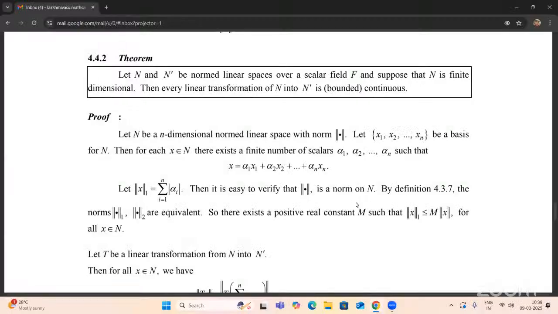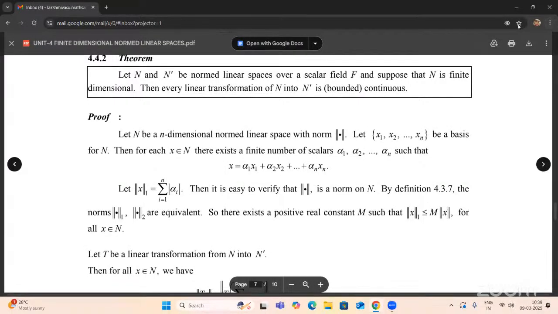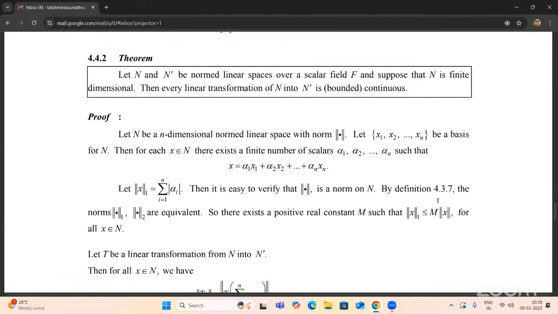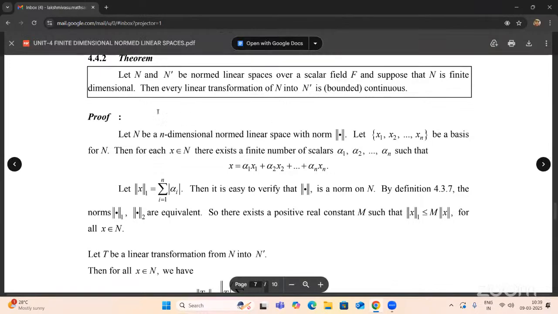The constant is capital M here. Okay. And at the same time, norm x at 1 is less than or equal to M into norm x, for all x belonging to the capital N representation. So here,